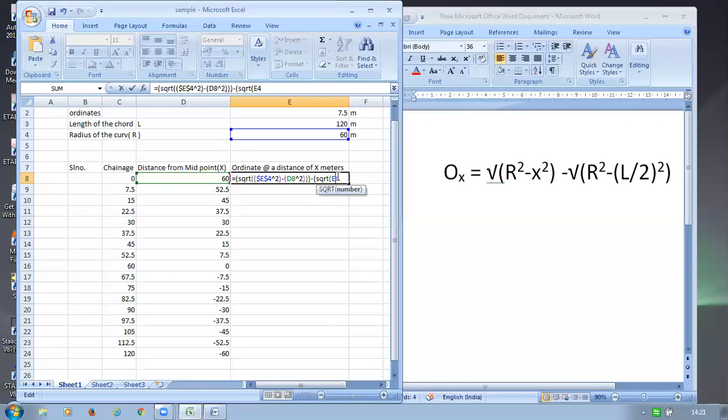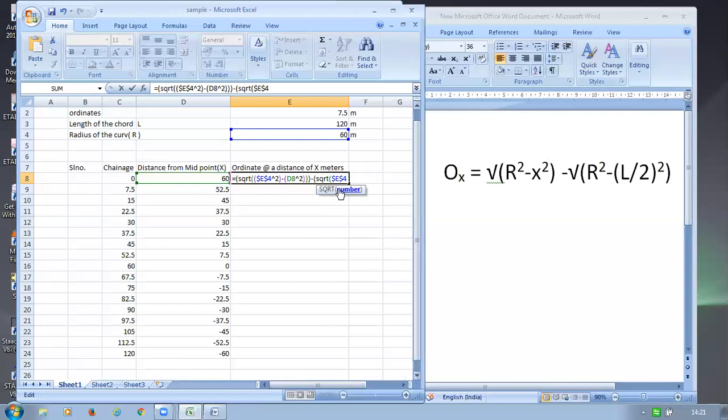So that's why we keep a dollar symbol in front and back of this r, and square this number. Squaring this number. See, you can see this formula here. You can make a screenshot of this formula. Square, close this bracket. Okay, again minus, open up, I'm opening another bracket.